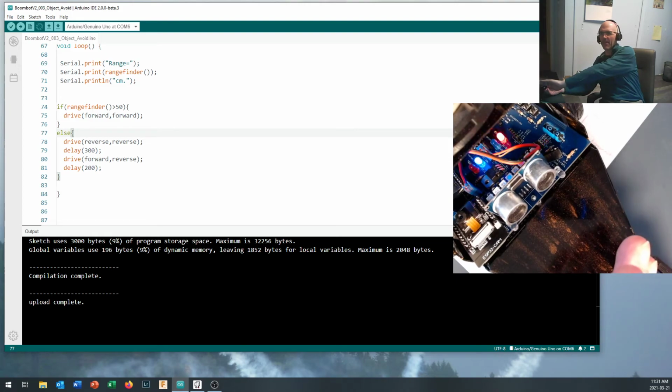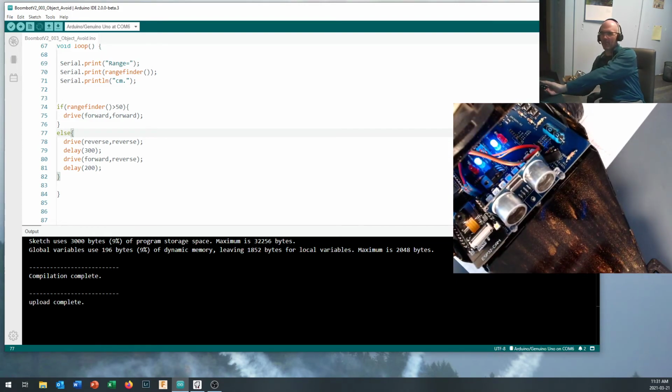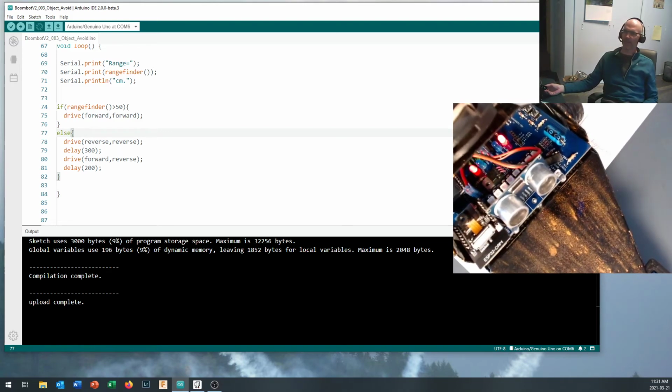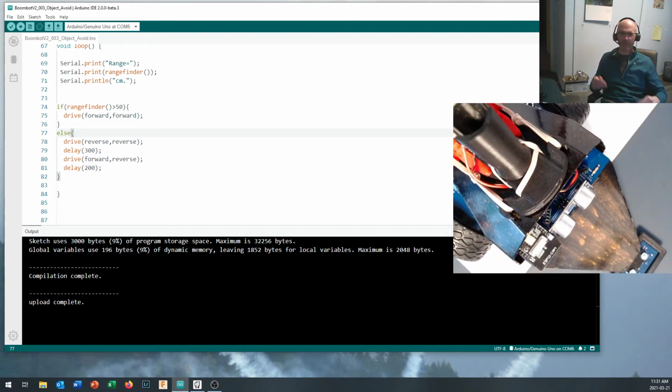goes into that routine where it starts backing up. You can see both sides go blue, and then one side goes red to make it go forward, so that we've got a little back up and forward on there, and the robot should be able to go out there and drive around. Alrighty, so that is how you make your robot do an object avoid routine, and you can